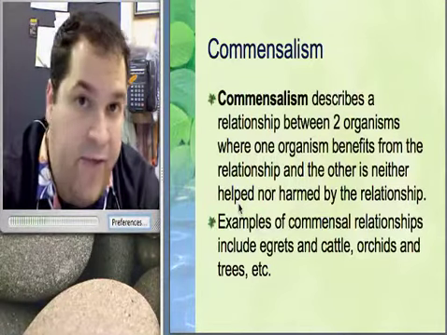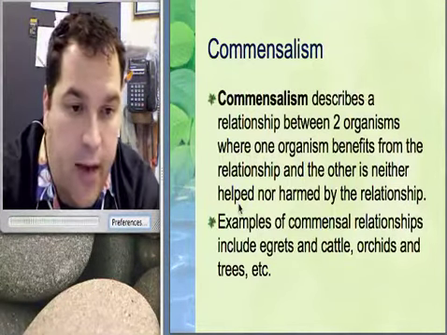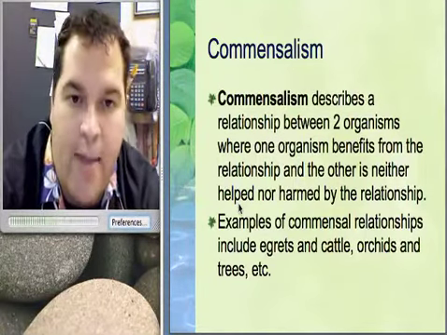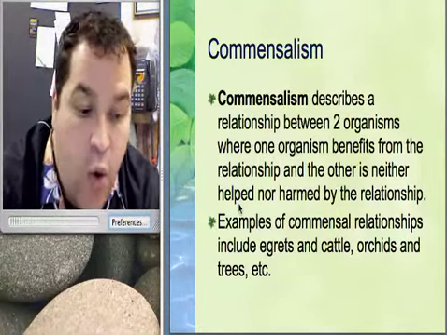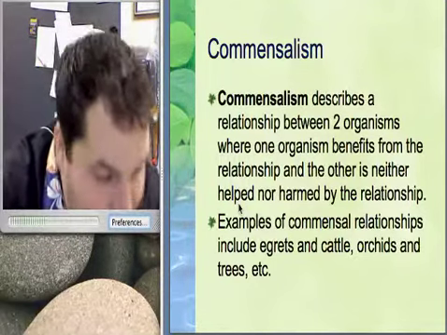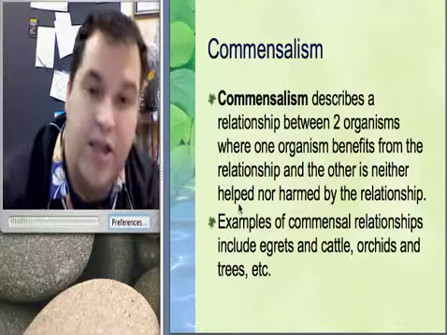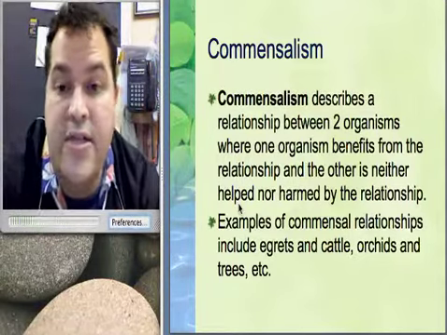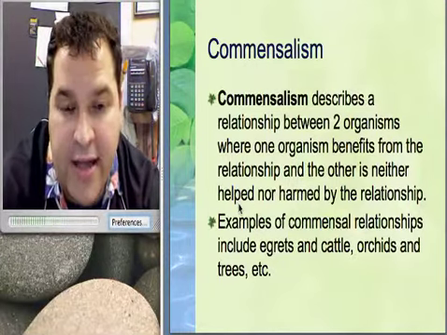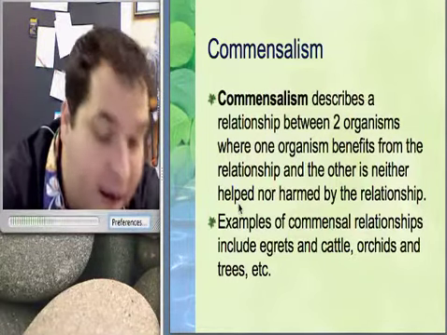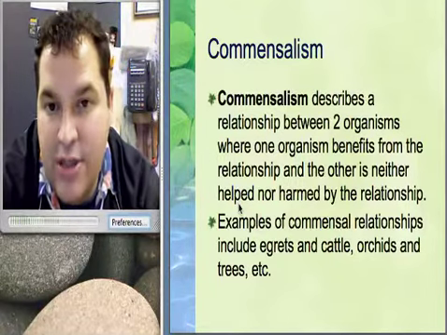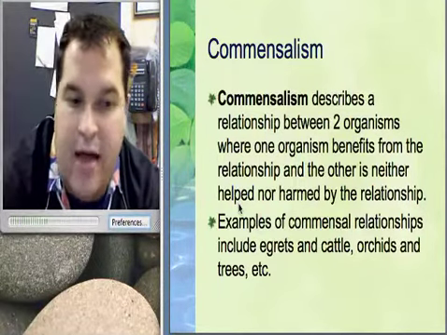An example would be that of an egret and a cattle, or orchids in a tree. Cattle egrets are these long-necked white birds that you'll often see in cattle fields. What will happen is the cattle will run through the field kicking up dirt, and also when they eat the grass they pull the roots up and it kind of tills up the dirt. The egrets eat bugs, and the bugs are kicked up from when the cattle walk or when the cattle pull grass out of the ground. So the egrets just go behind the cattle and eat the bugs. The cow doesn't care. It's going to do what it's going to do. The egret benefits because the cow's helping it out.